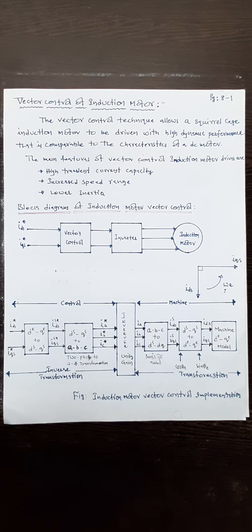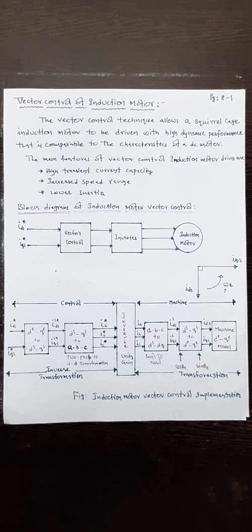Here also there are two currents, one is the stator current, another one is the rotor current. These two are dependent, that means one current is dependent on the other current; these two currents are not independent. In such cases, how is the vector control of induction motor to be implemented, and what is the implementation diagram, everything we will see in this topic. In this regard, let us start the vector control of induction motor.